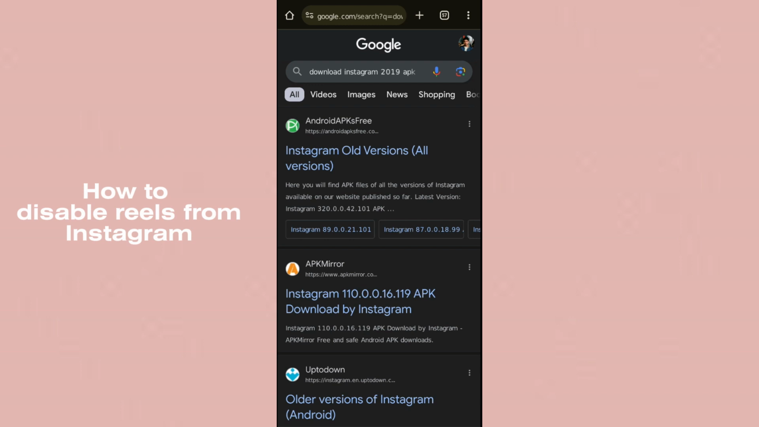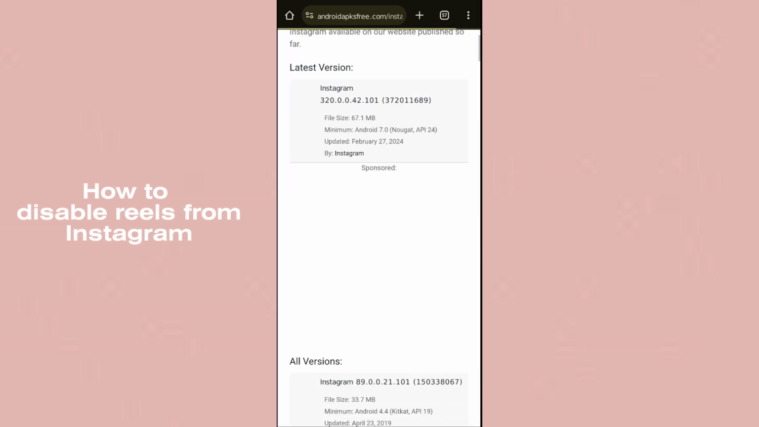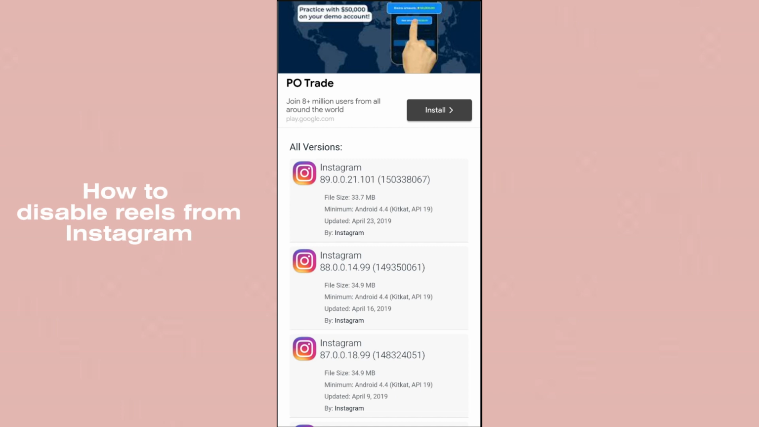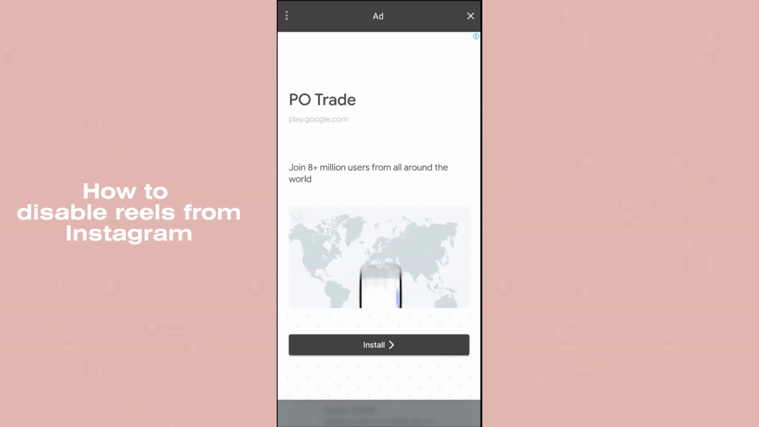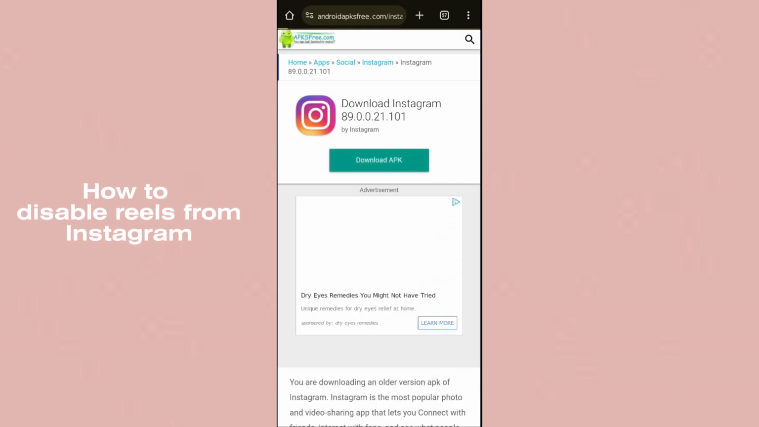After searching for download Instagram 2019 APK, you simply open up any of the websites which provide the older version of Instagram, and download it. I'm selecting the first one, and in it you have to select the variant. Here you can see all of the previous variants in 2019. You simply click any one of them and install it, and click on download APK